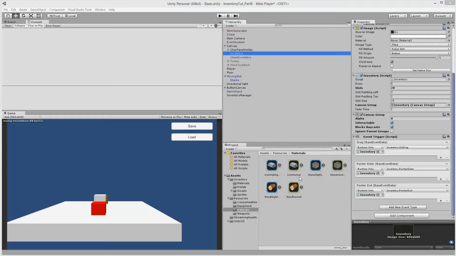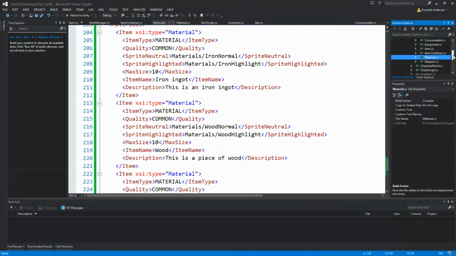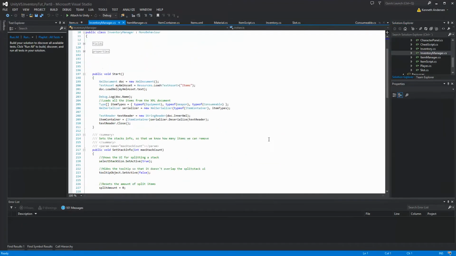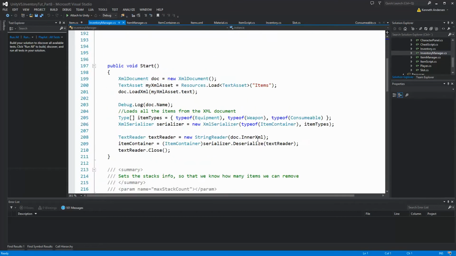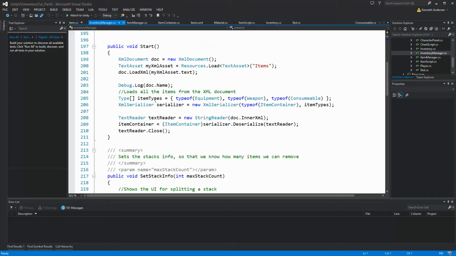Let's have a look at how we can generate the different materials. If we open up our scripts again and go to our item inventory manager, we'll see that we have all this functionality inside the start function of the inventory manager to create the different types of equipment. This means that we need to add some more functionality to this start function where we are serializing the